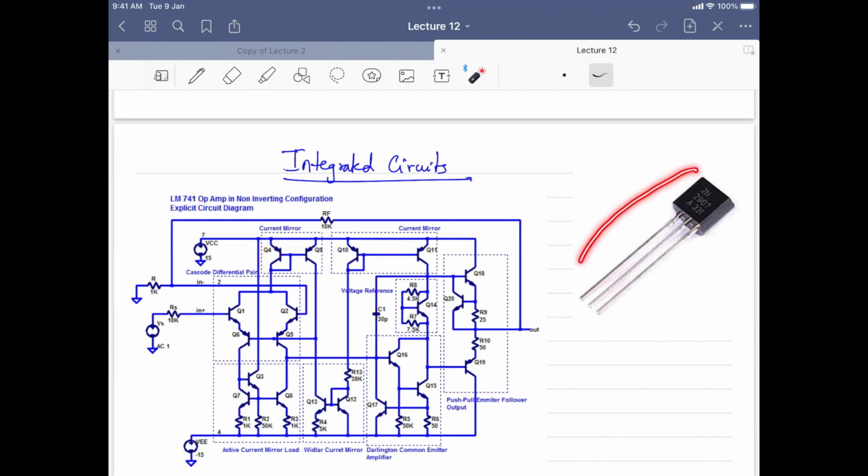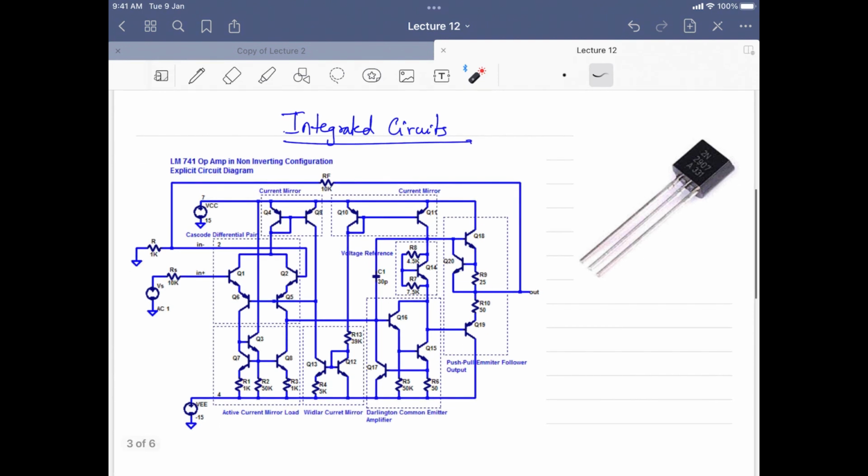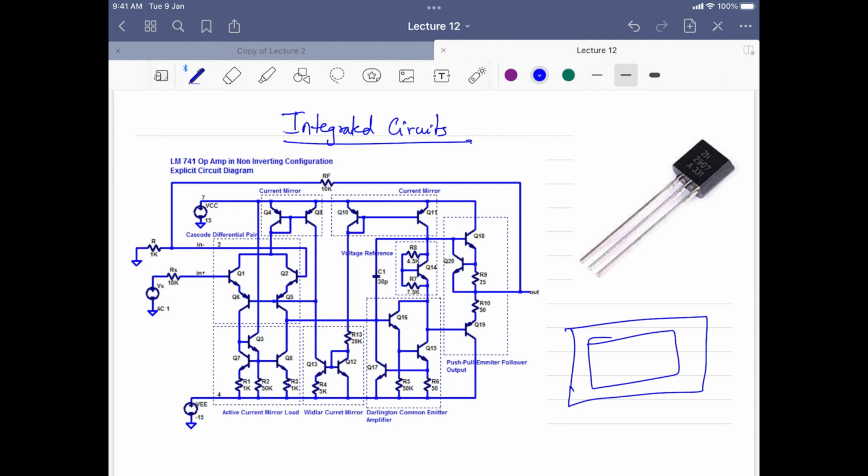So this particular thing is the discrete transistor which you will find in the lab, and you can see how big this is, and you can hold it in your hand, and then you will realize how big this transistor is. But if you want to make this particular circuit diagram on a breadboard, then you will realize it will take a lot of space, because there are so many wirings and connections and supplies, and these transistors themselves are so big, and you can observe that it will take a large amount of space on a breadboard.